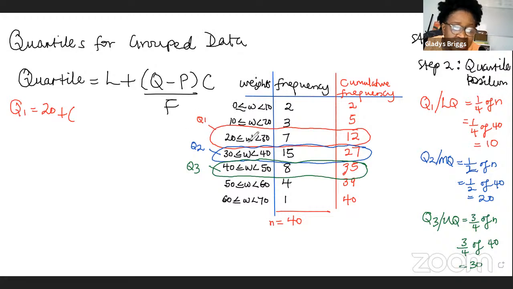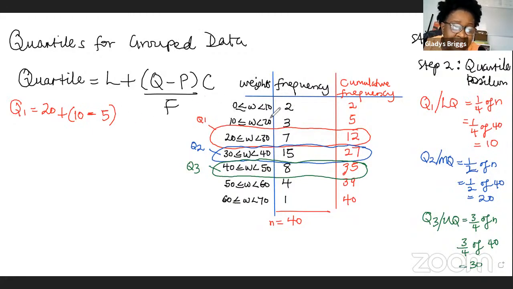Quartile position is 20. Oh, it's 10, sorry. So it's 10 minus P, the cumulative frequency of the previous class, so that's minus 5, times